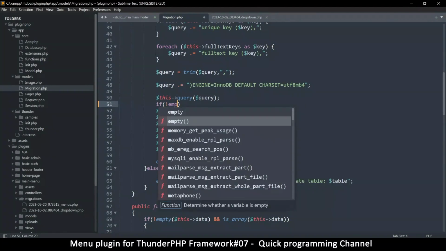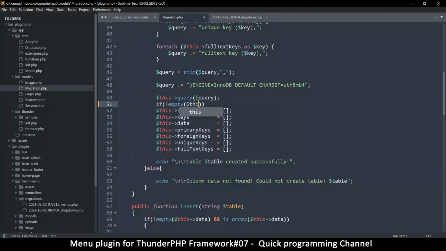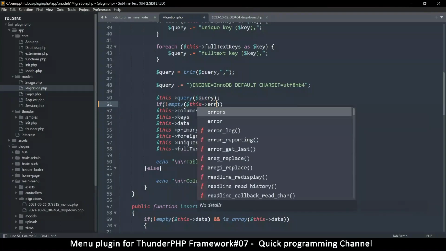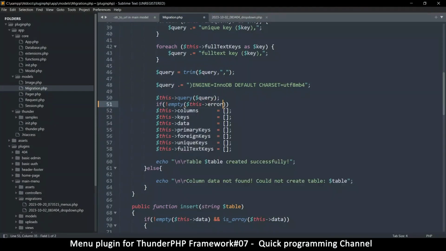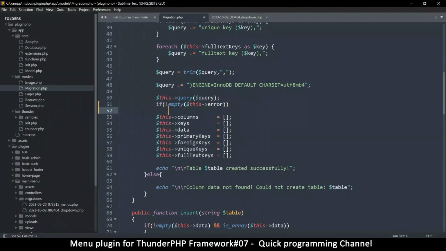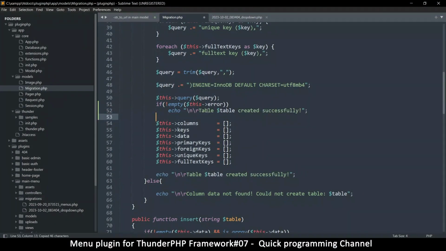So over here we just check if there's something inside this error, like so. Okay, so if that's not empty, then of course let's echo it. And what I'll do is we can just do echo over here, like something like this. So then we can say error